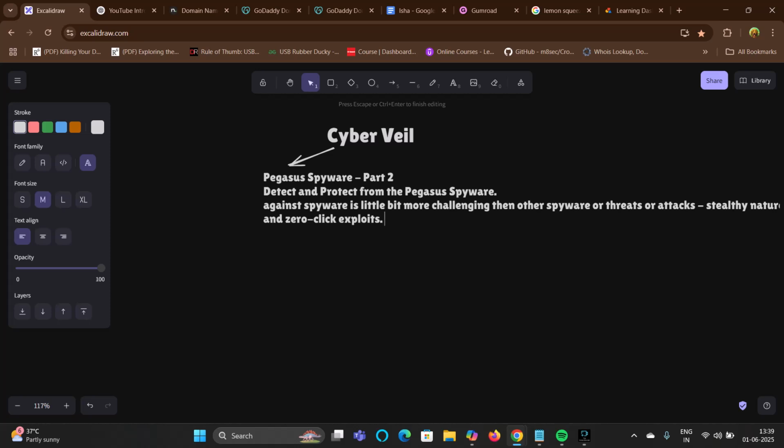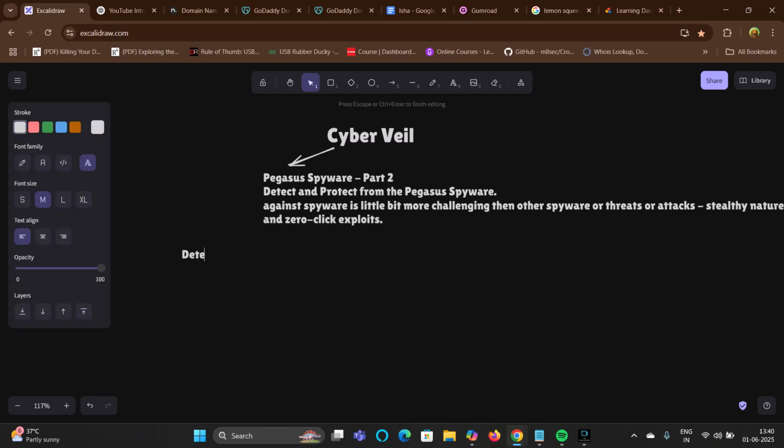In zero click exploits, I have already told you that we human beings don't have to do anything, and it gets installed into your system or device without user interaction. This becomes very challenging, because we haven't done anything and it's getting exploited into your system on its own, which can cause a lot of harm to your device as well as your important or sensitive information. So how can we detect and protect from Pegasus spyware?